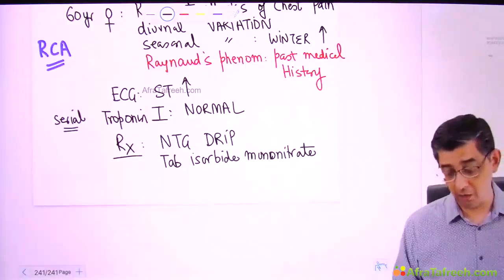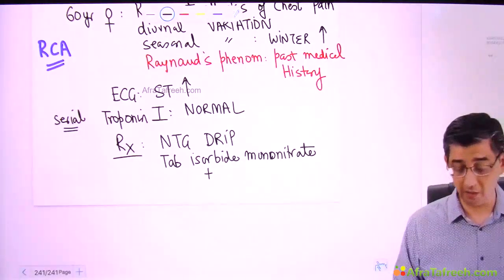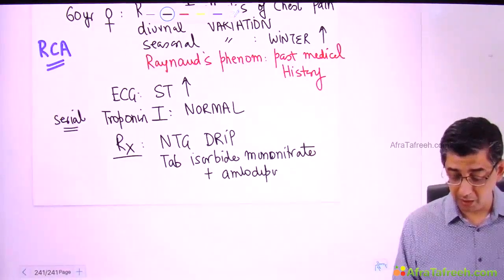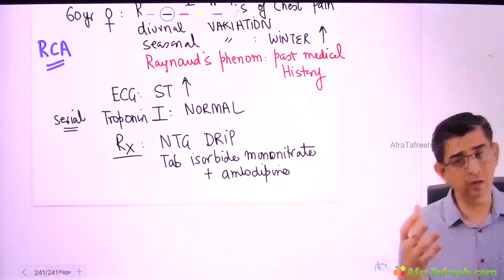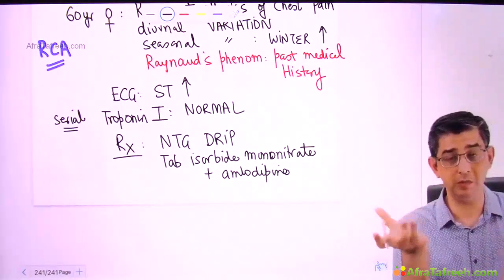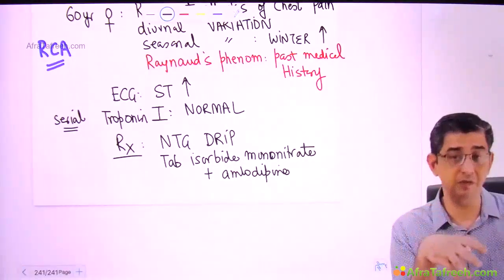Once I have stabilized her, I will shift her to oral medication as early as possible, isosorbide mononitrate. And along with this, I will also be starting her on amlodipine, a calcium channel blocker. Please remember, why am I adding CCBs? Not because I just want to neutralize the spasm. See, the nitrates are anyway to be given to these patients because nitric oxide production is deficient.